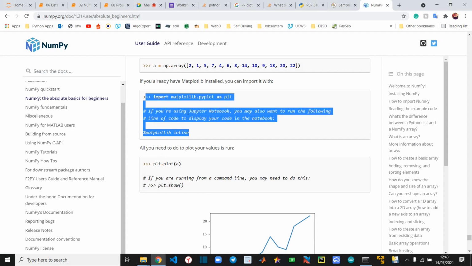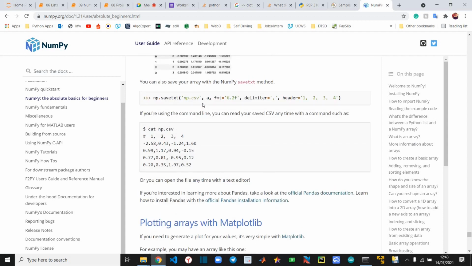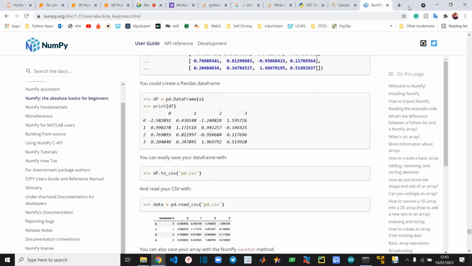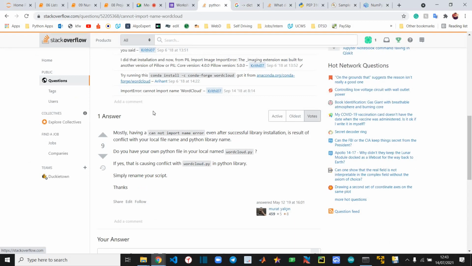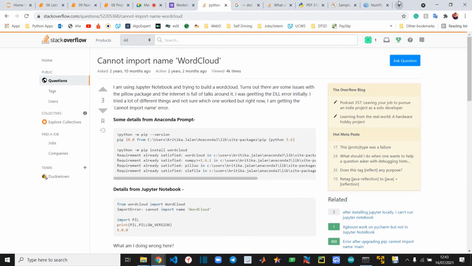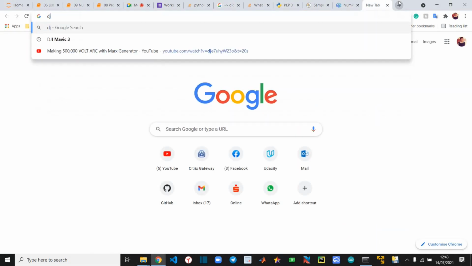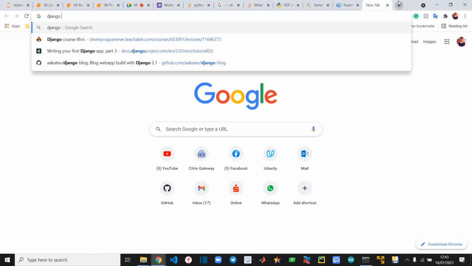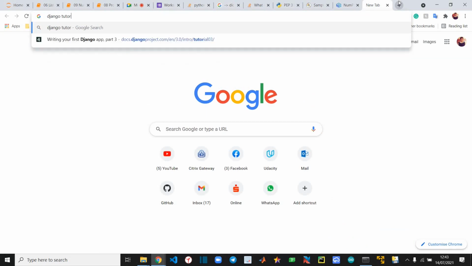Here also they are using Matplotlib, so you will have all these tutorials, and you will also have this workflow. Someone asked where to learn Django from. You can learn Django from their official tutorials.